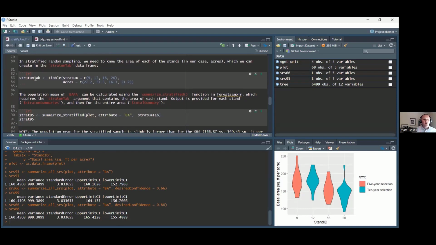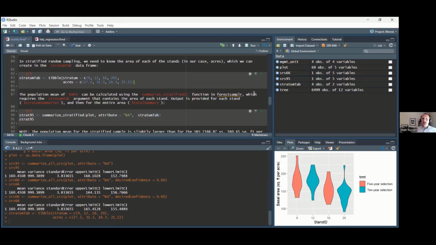Our next step, we're going to make a new data set called stratum tab, or stratum table. For stratified random sampling, you need to know how big the strata, or your stands, are to understand how some of this math works. All I'm going to do here is enter the acres of each of those stands. I know this because I'm familiar with the data, but you likely have this for your own stand or your own forest that you're working in.